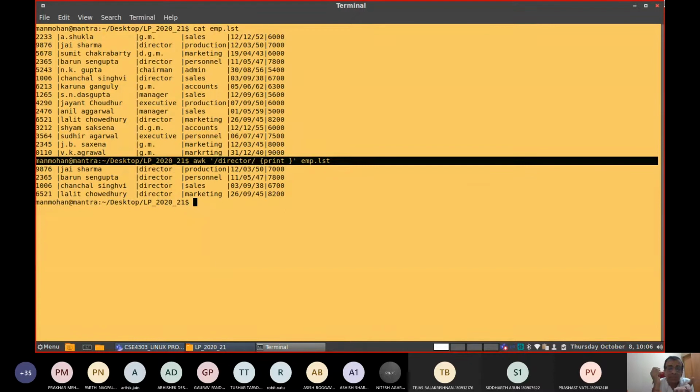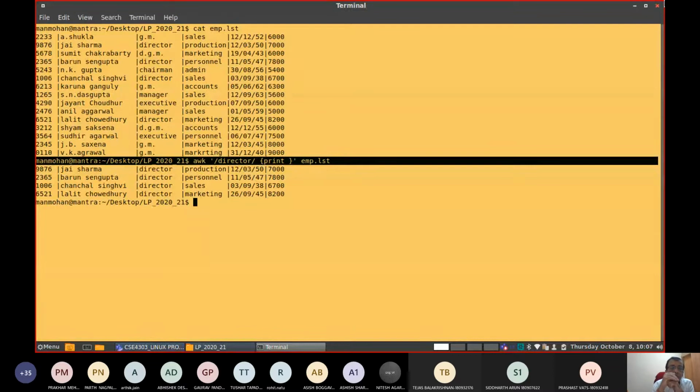You display that line and end the quote. This entire selection criteria and action part comes within the quote, and the action is within the curly bracket. Then at the end, a space and the input file name, or more than one file also you can list.